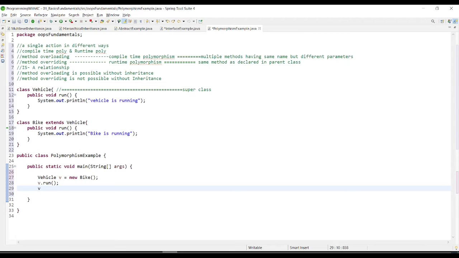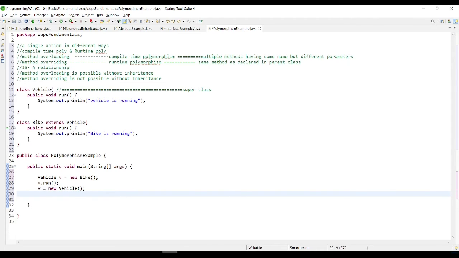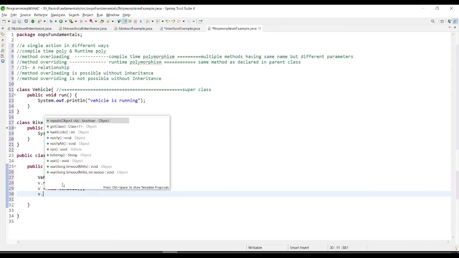Now the same reference, what I will do is v is equals to new vehicle. Now this is the object for your vehicle. So v is equals to new vehicle, and v dot run.